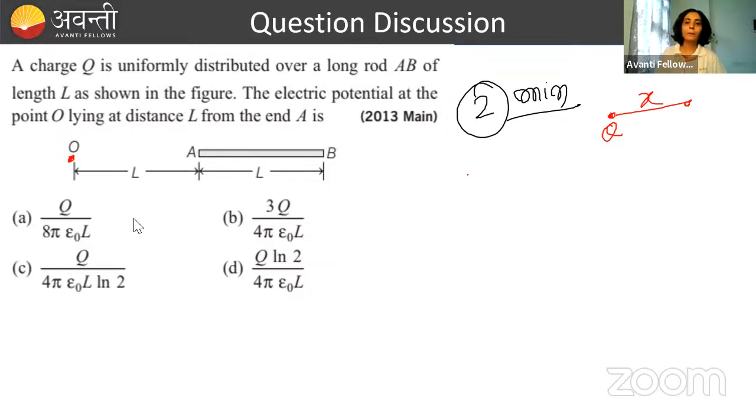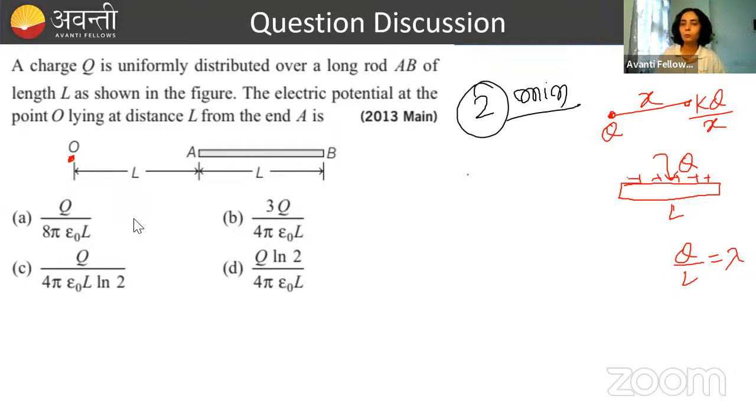Suppose there is a point charge Q and you have to calculate potential at a certain distance x. Because of a point charge at a distance x, we can calculate potential. The formula is kQ by x. But here the problem is that there is no point charge. Rather, the charge is distributed over this rod. It is positively charged, the rod has a length of L, and the charge given to it is Q. Charge per unit length, which I have also discussed in weekend classes, is denoted as lambda, that is linear charge density. So here the linear charge density is Q by L.